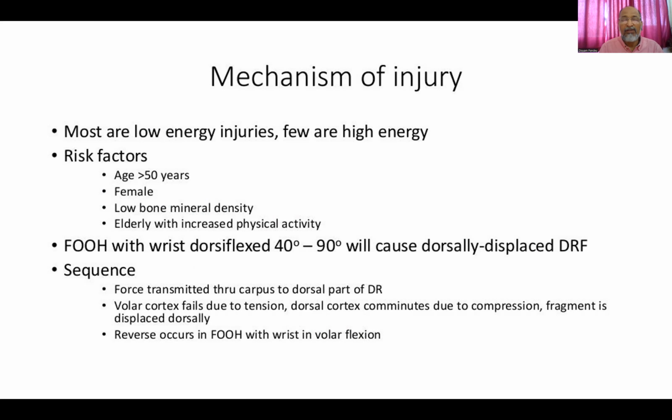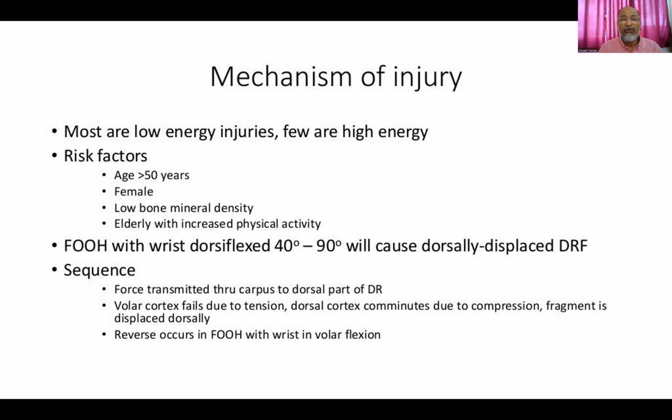In males where the age is more than 60, senile osteoporosis is there, so the bones are weak and you have a low bone mineral density. Even if the age is less than 50 or less than 60 in males, this has a bearing on the mechanism of injury to cause the fracture. Elderly people with increased physical activity, persons at senior ages, have fewer chances of getting the fracture